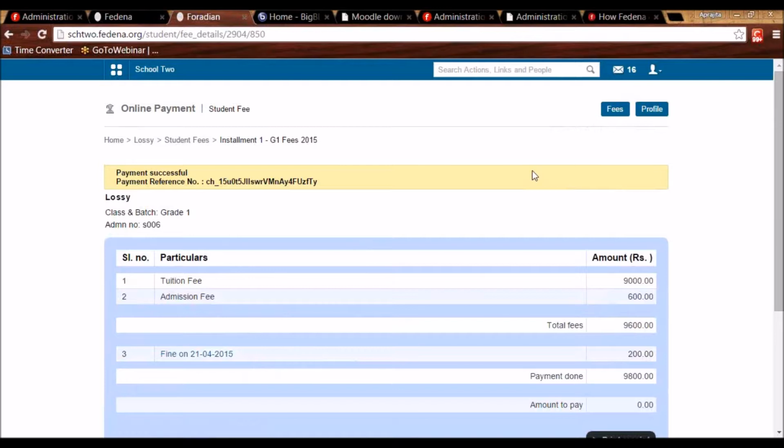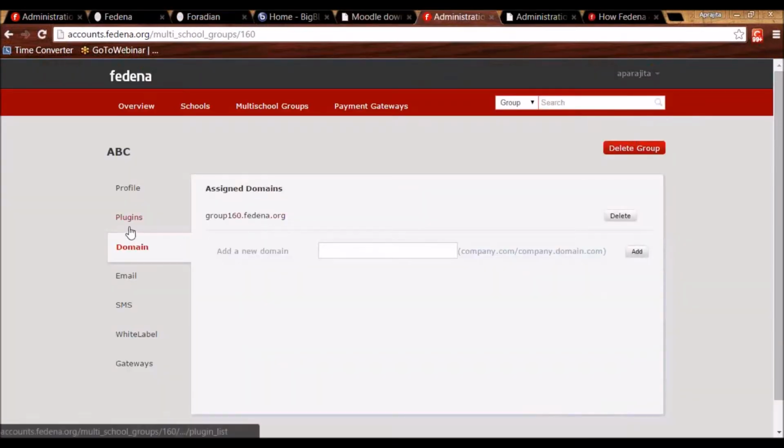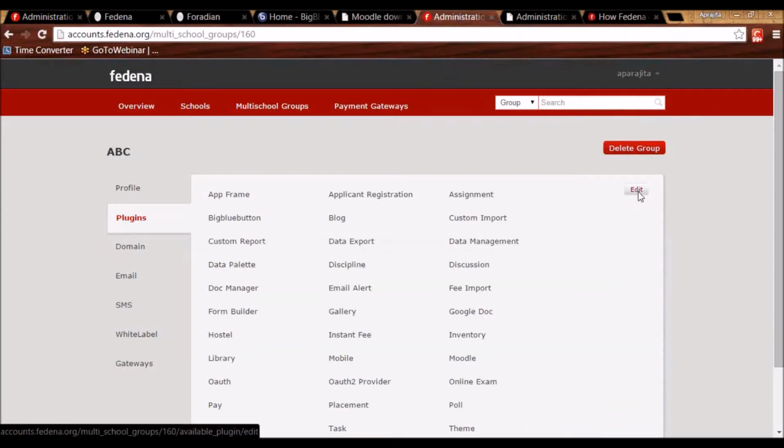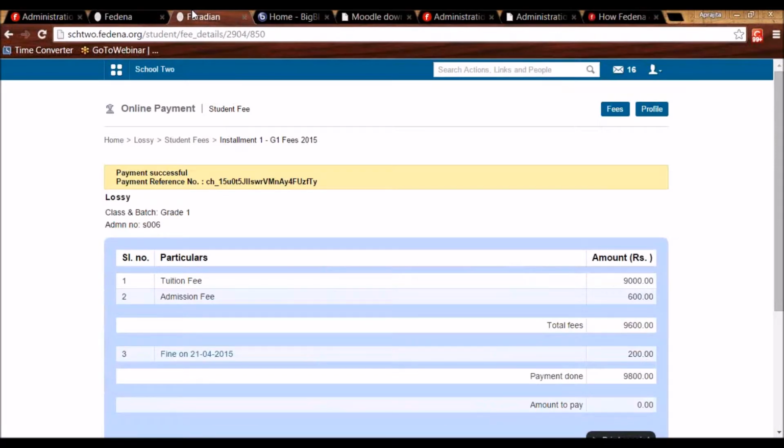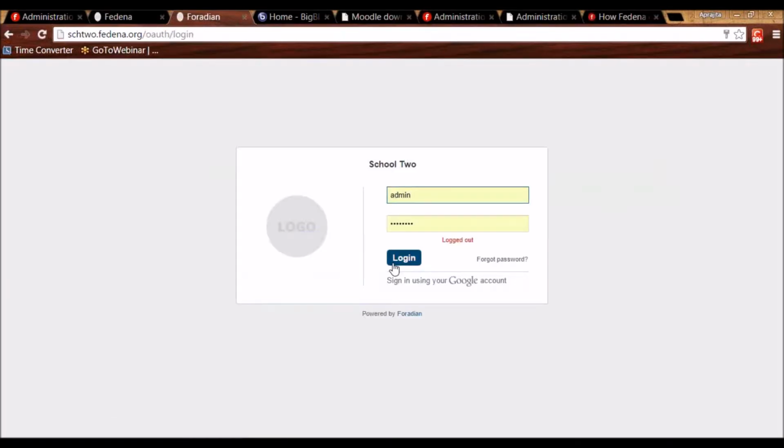Let's see the another plugin now, which is blog. So I can enable blog from here. So once I have enabled the blog plugin, I'll be able to create blog. And creation of blog is not allowed to the admin. So as an admin, I cannot participate in blogging. So I'll be logging in as one of the teachers or one of the employees,